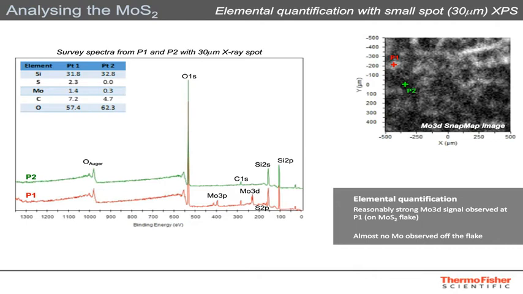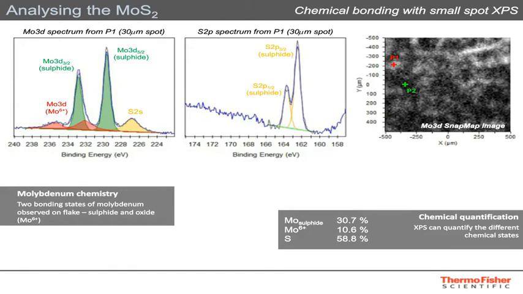We have seen on the previous slide some elemental information on and off an individual molybdenum disulfide flake. XPS can also give us chemical bonding information on this same flake. In the high-resolution sulfur spectrum in the middle of the slide, we see peaks at energies expected for metal sulfides. In the molybdenum spectrum on the left of the slide, we also see peaks at energies that correlate with molybdenum